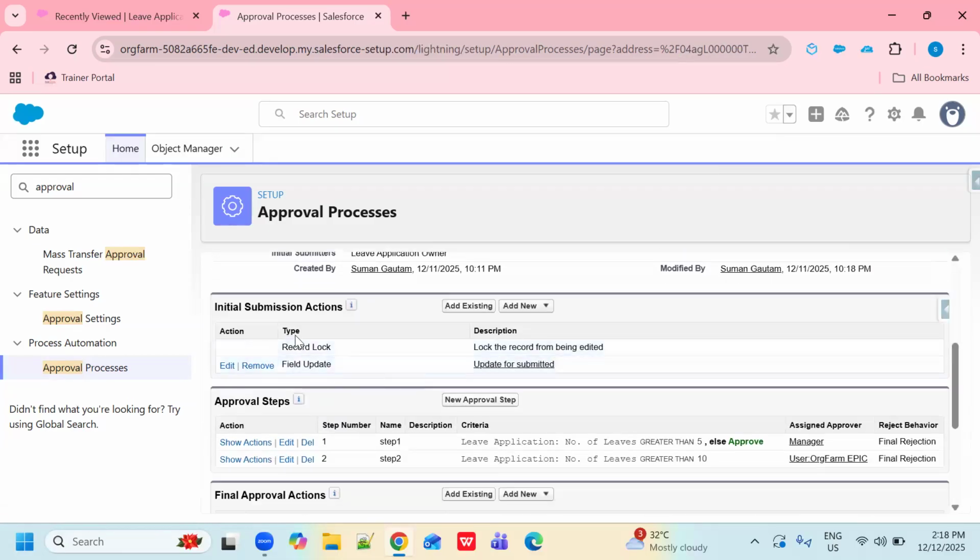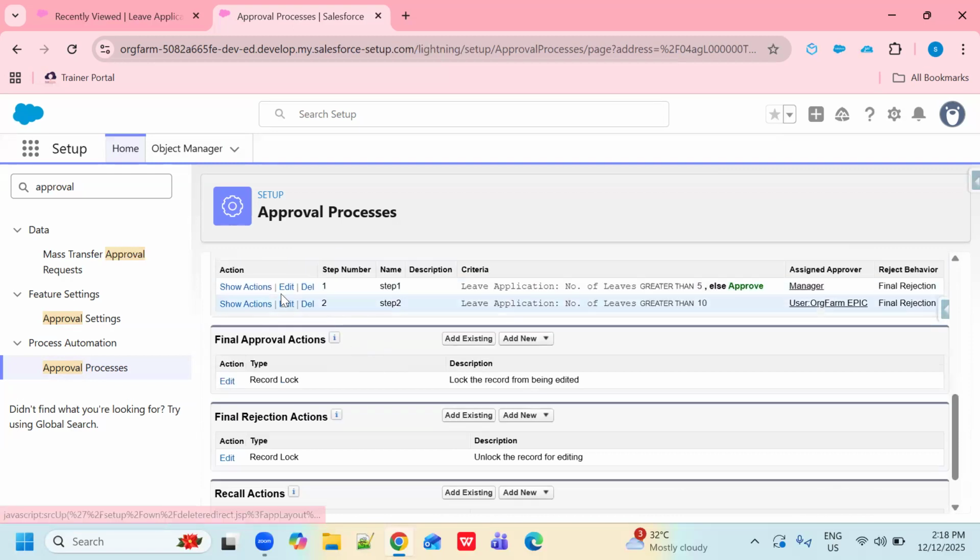So we have added the action in the initial submission, and we have added the action in our 2 steps. So I am showing by adding 2 steps; you can add multiple steps as per your requirement in a similar way, right? So final approval action means if your record has been approved finally, then what action should be performed. So the same you can add here, right?